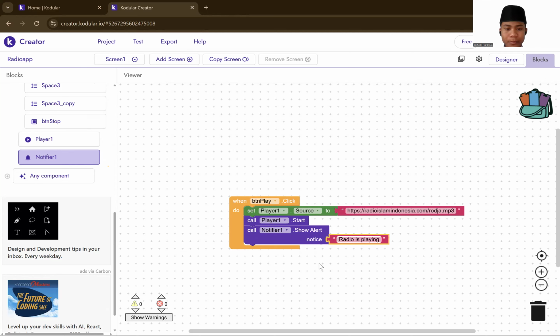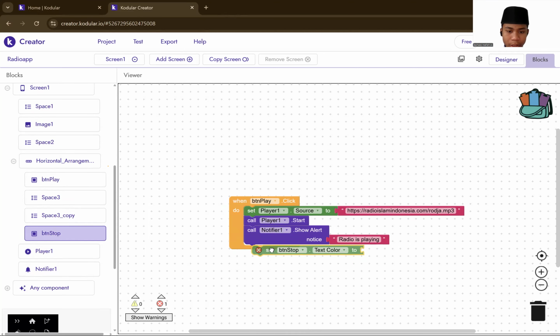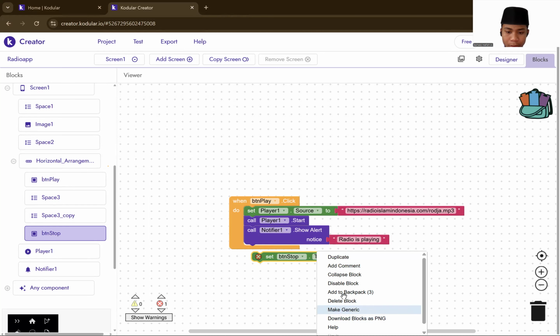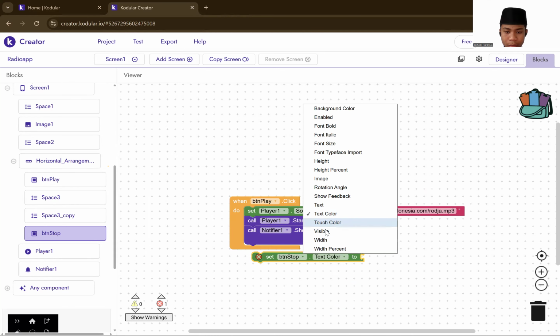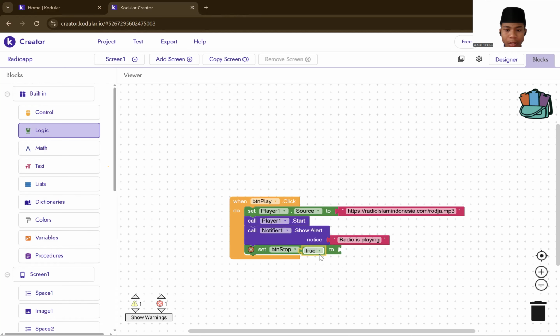Okay, like this. And then you go to btn stop. Okay, the text, yeah. The text. Okay. If done, you go to logic. You take true, and then you change false.